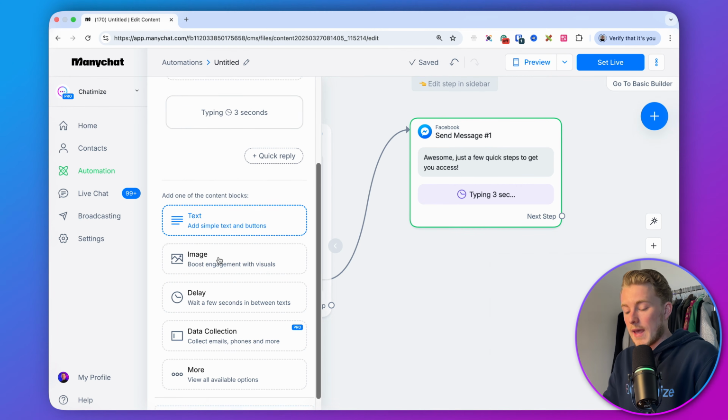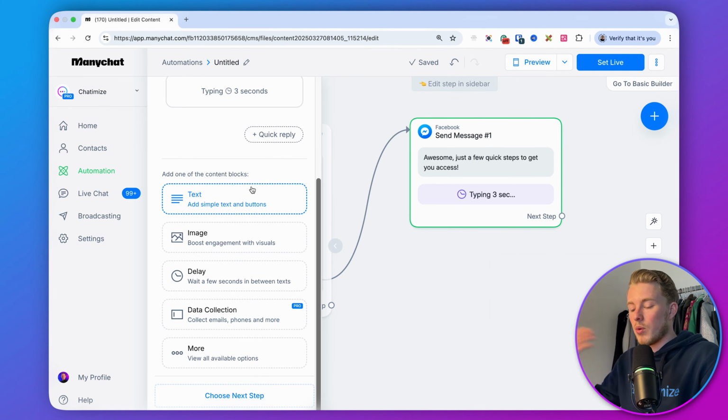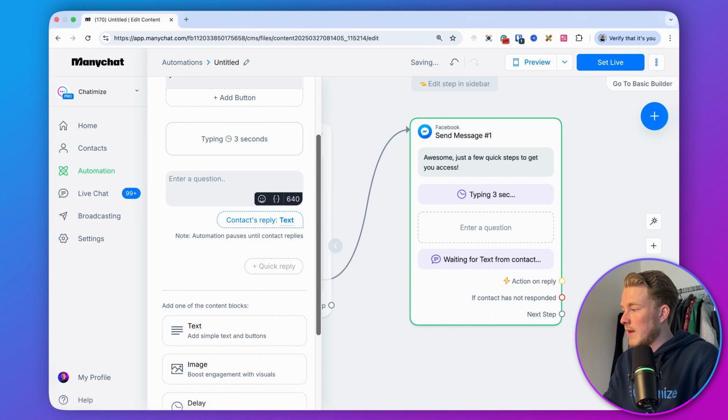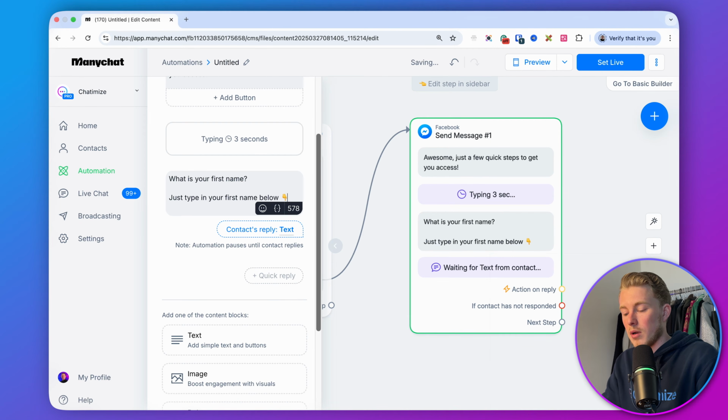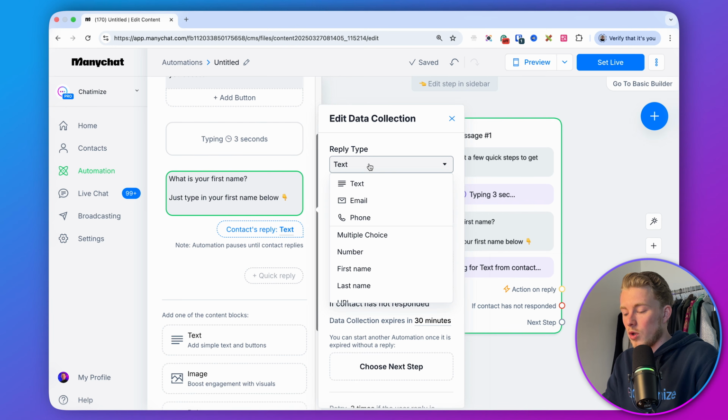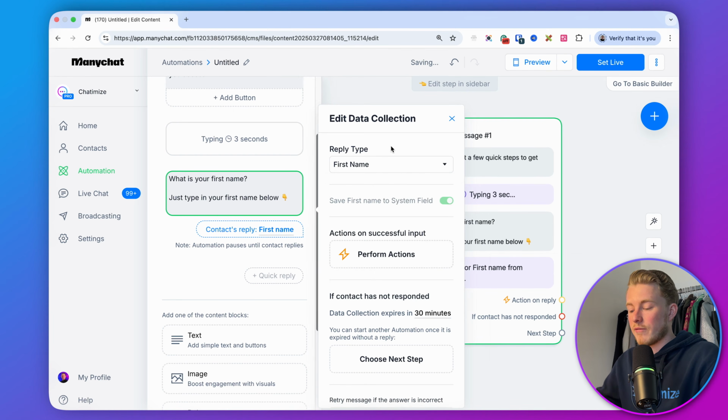And then we can add a data collection. So the next step that we want to do is collect someone's first name. So here you can click on data collection. And then here we can say, what is your first name? Just type in your first name below. And then the contact reply will be first name, right? So whenever someone replies to this message with their name, it will be automatically saved in the first name field